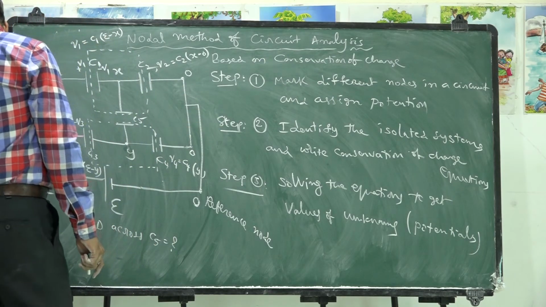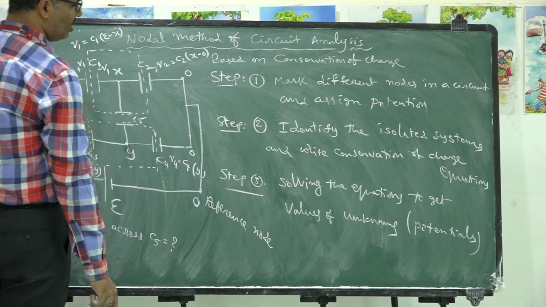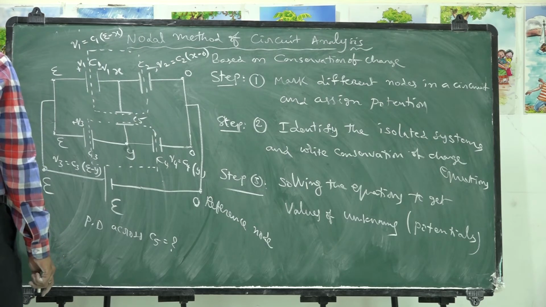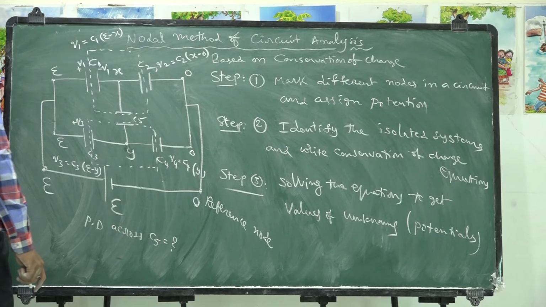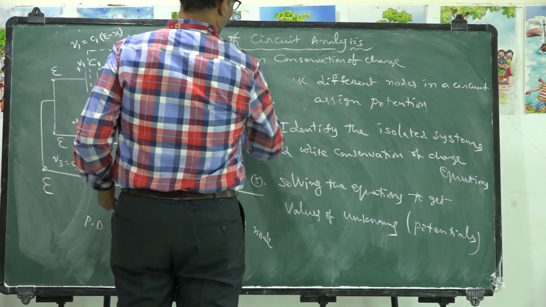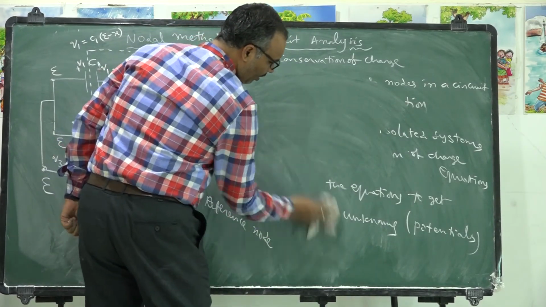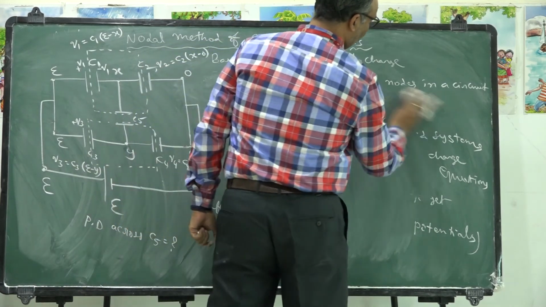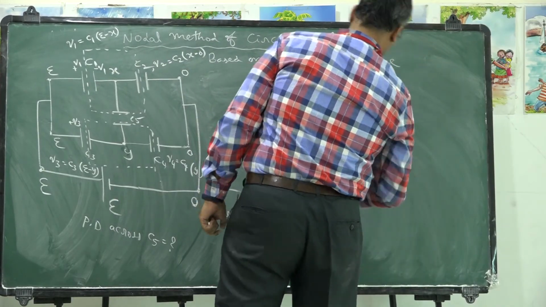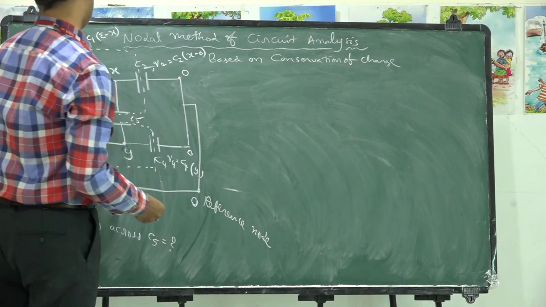Now I would like to write the equations related to this and I should solve them. These are the 3 steps. I followed already 2 steps. I am going for the 3rd step. Before going to step 3, I need equations in the two isolated systems. Every isolated system provides one equation. So let me take the equation in the first isolated system.